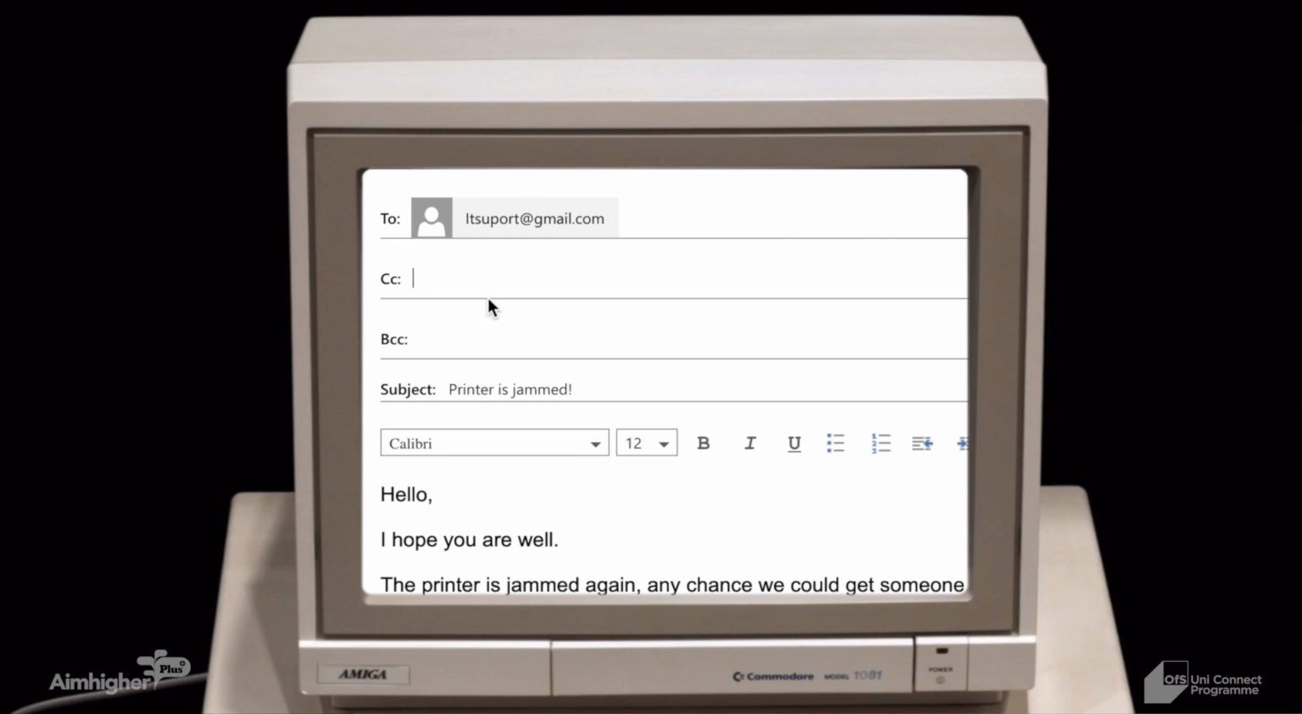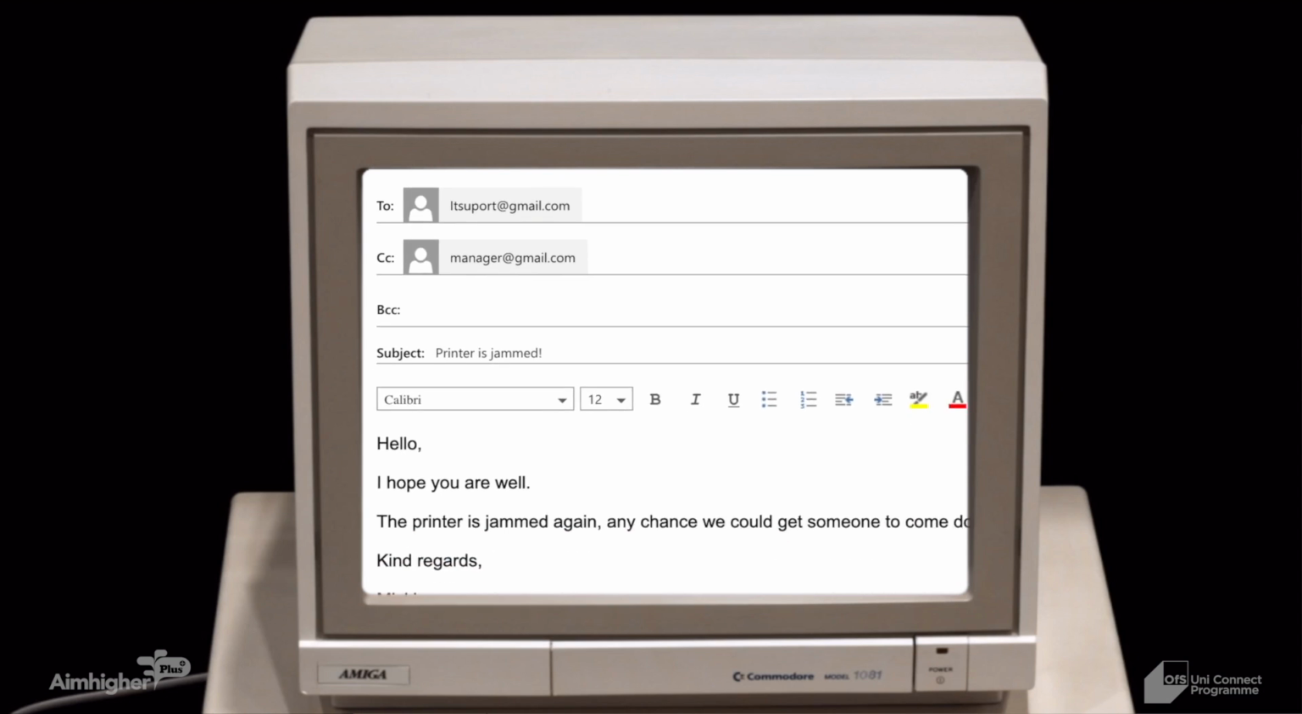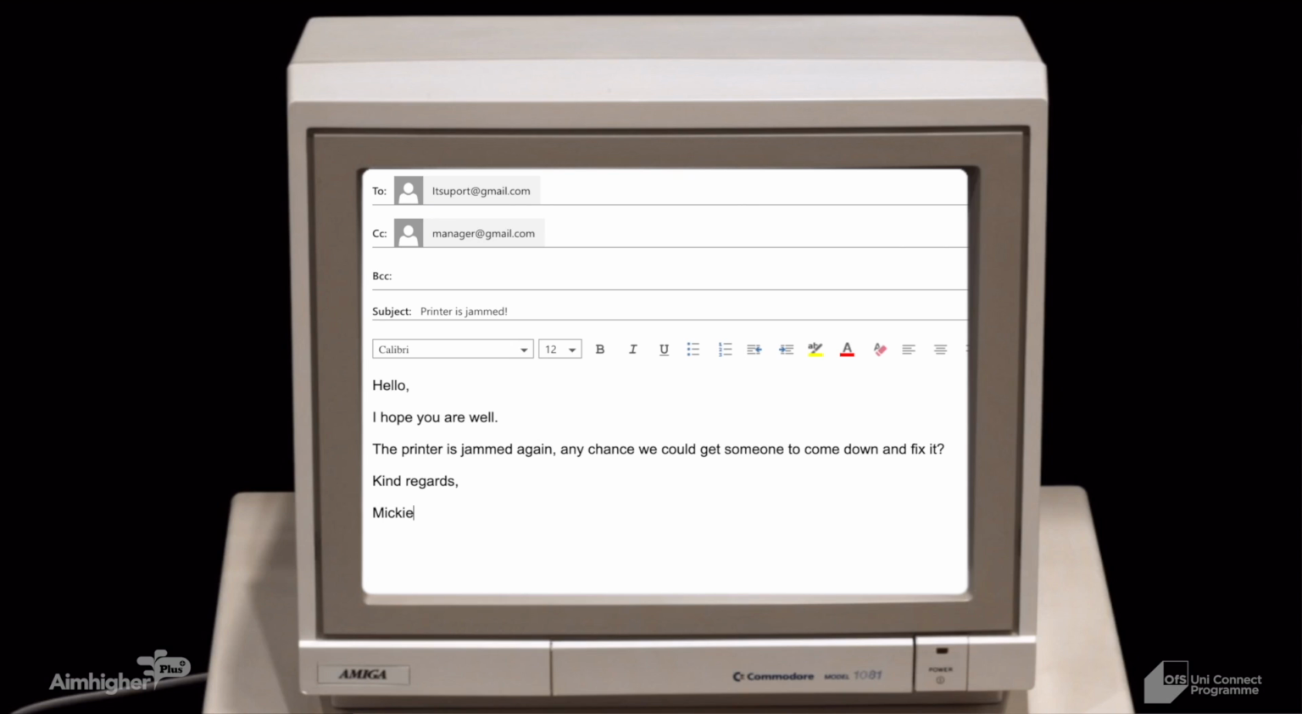Next is the CC line. This line can be used in a variety of ways, but usually it would be used to enter the email address of anyone who needs to be aware of the communication taking place. For example, I'm trying to get those slowpokes in IT to come and fix the gosh darn printer. So I CC'd my manager into the email so she was aware that I had asked for the printer to